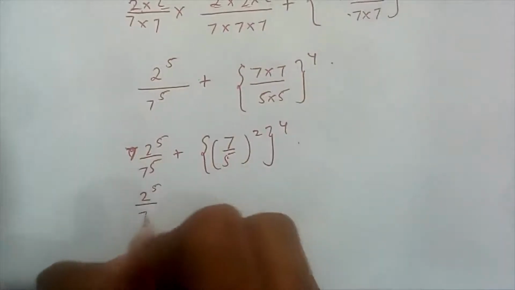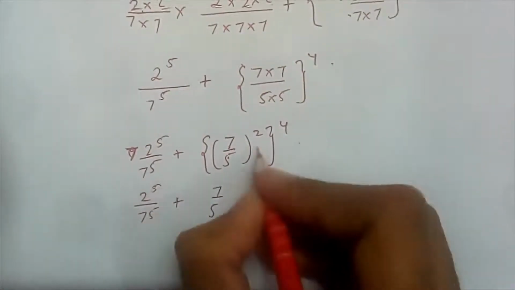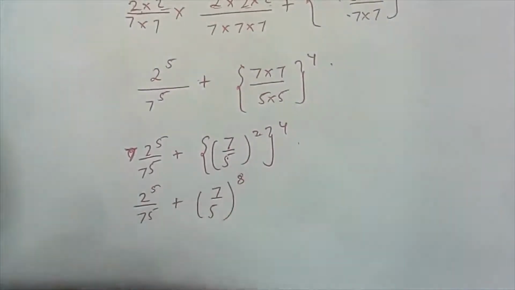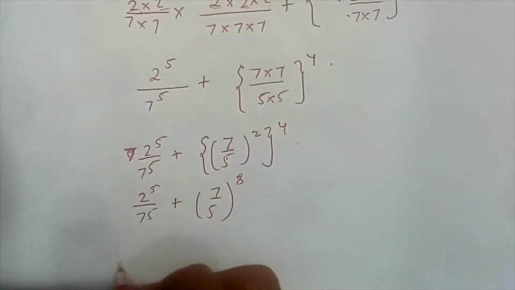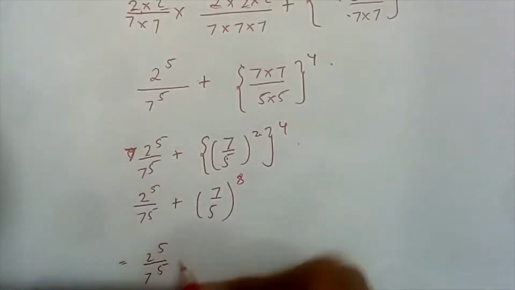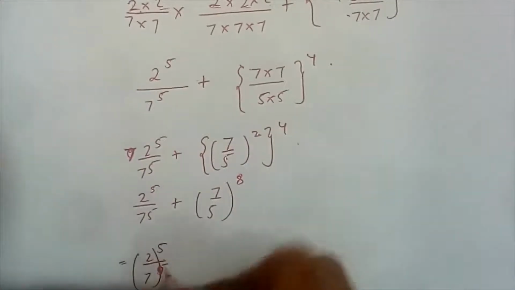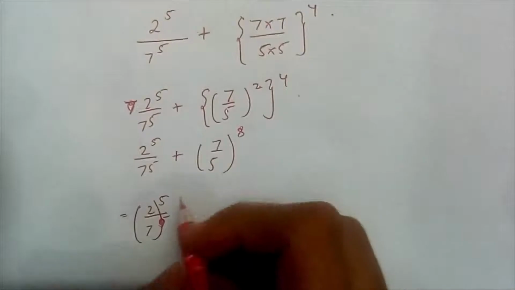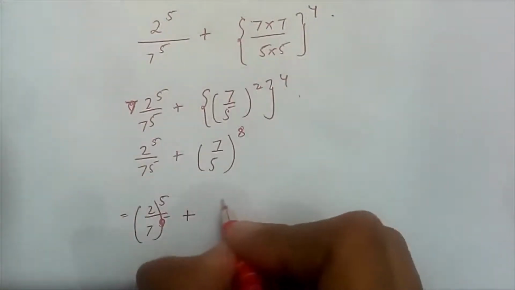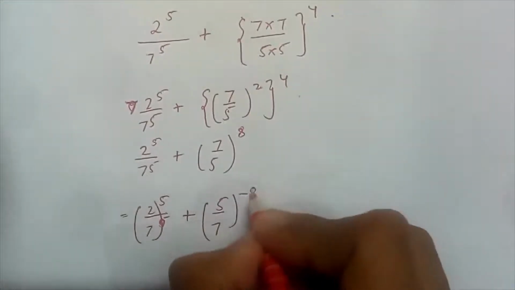2 by 5 upon 7 by 5 plus, now powers are multiplied, 4 to the 8 whole to the power 8. 2 to the power 5 upon 7 to the power 5, or we could write it as 2 by 7 to the power 5 plus 5 by 7 to the power minus 8. Okay,